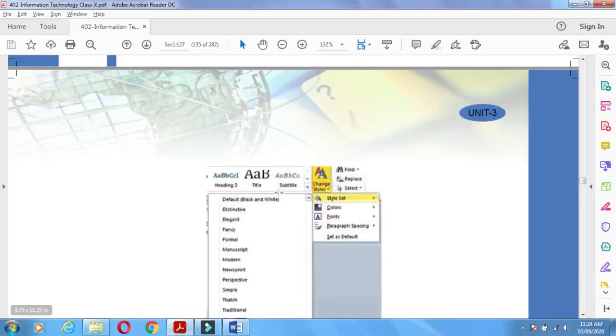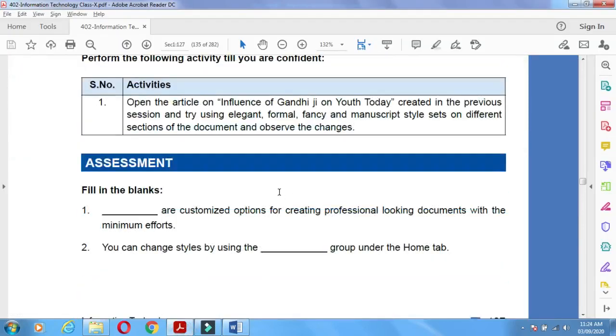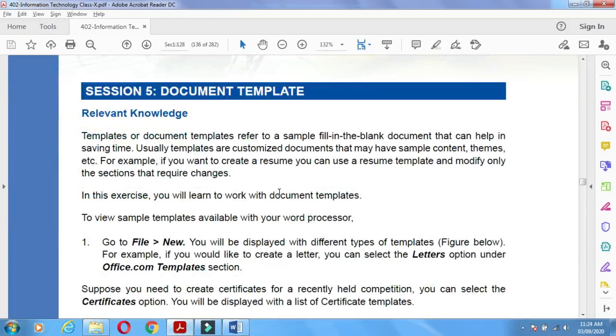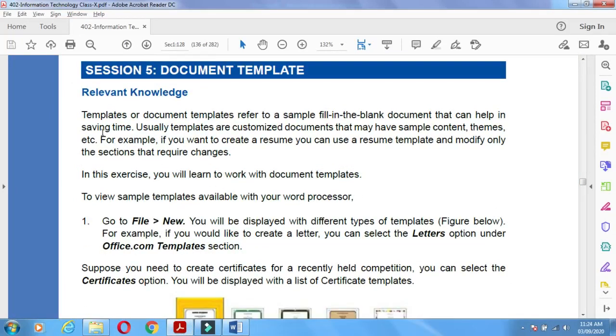Understand? Now the next is document template. What is a document template? Templates or document templates refer to sample fill-in-the-blanks documents that can help in saving time. Usually templates are customized documents that may have sample contents, themes, etc. A template is a ready-made sample of a document.